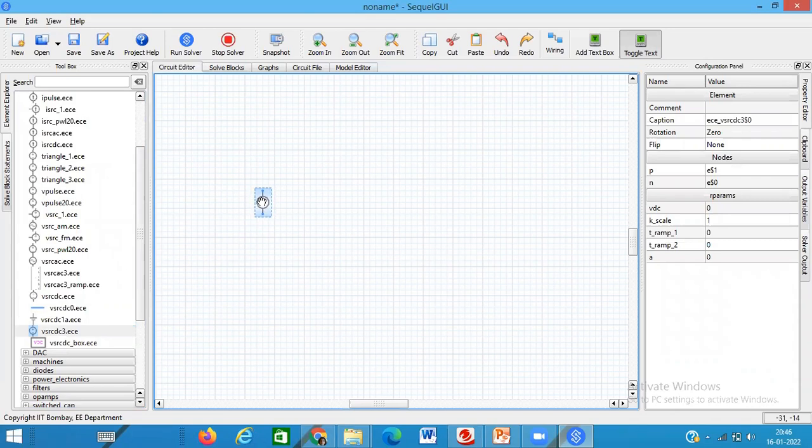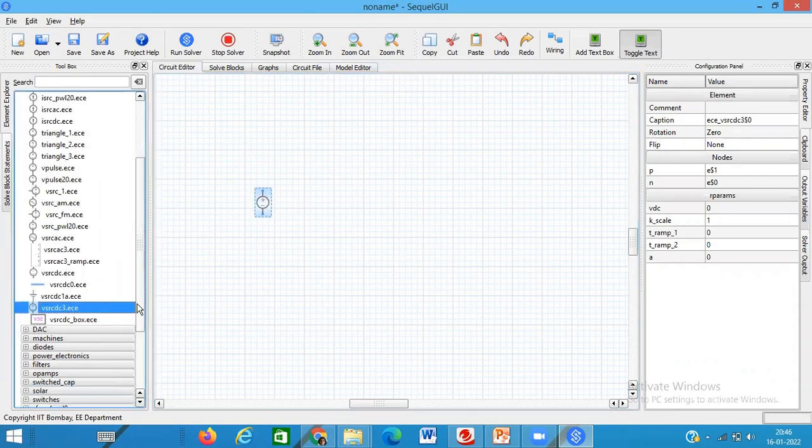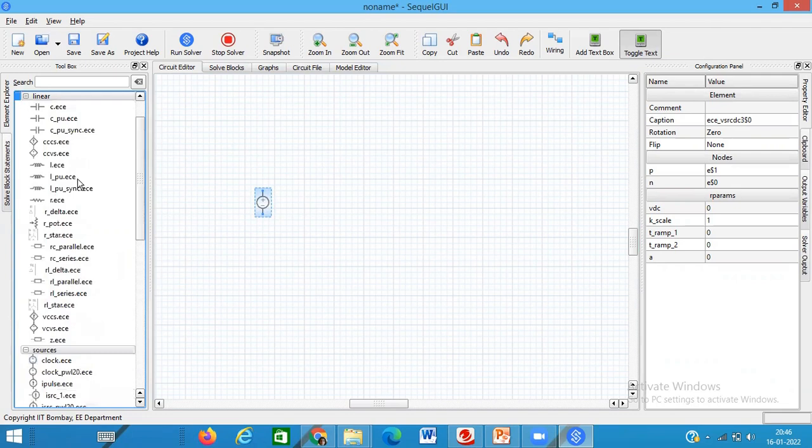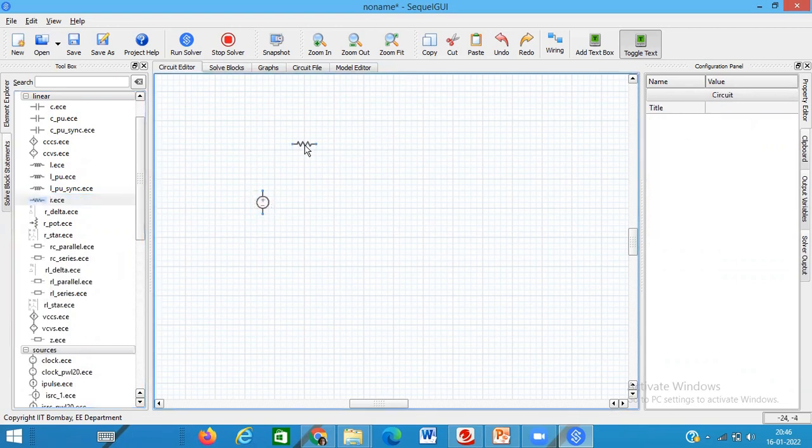Then we'll be placing the resistances. When you have to place a resistor, under linear you will find R dot ECE. Click once here, and when you come to the circuit editor, double click on the graph, placing as many resistances as you require.